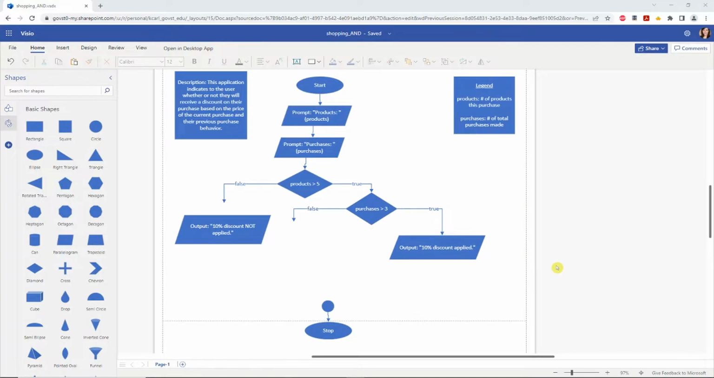We now have to make sure that every other case is covered and gives a statement of output that the 10% discount is not applied. So the way that we have this set up, we're going to have to do that twice. And here's why. So our robot starts its journey, gathers both inputs, and comes to the first decision point. If products is 5 or less, we need to provide the output that the 10% discount is not applied because it's not possible, as one of the conditions